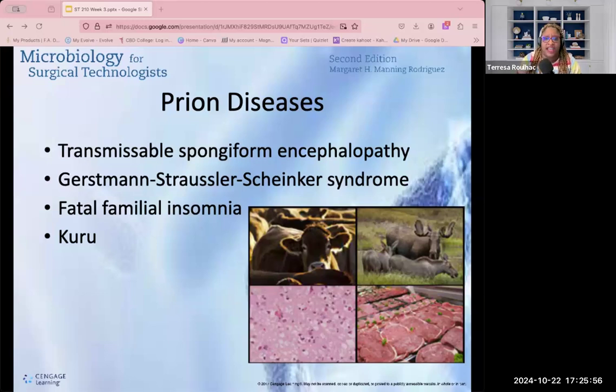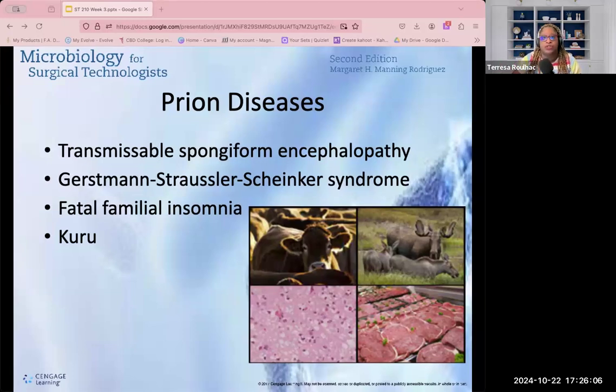You have FFI, fatal familial insomnia, another inherited disease. Individuals with this experience progressive insomnia, leading to severe sleep deprivation. They are usually confused and ultimately, unfortunately, death, often within a few months to a few years after the symptoms